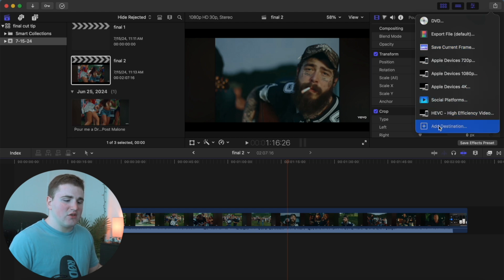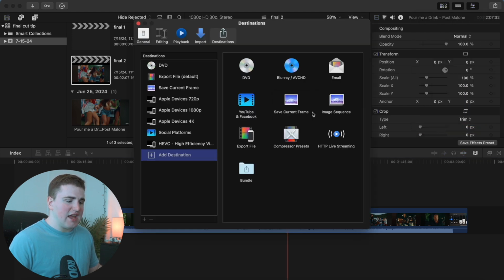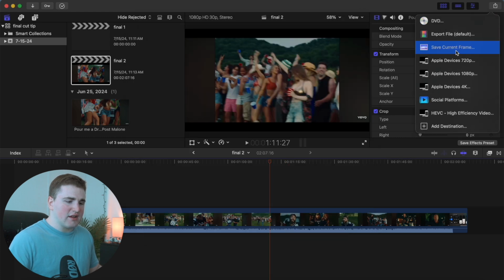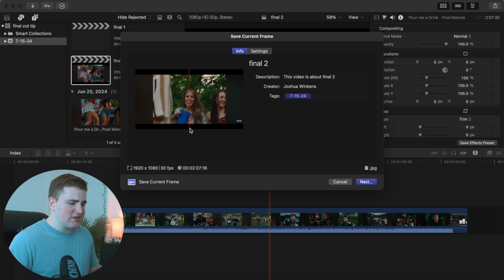Now if you don't have that, you should be able to go to add destinations and then literally drag save current frame into your destination right here. So click it and then just drag it right here, and then you exit out and it should automatically save. But if we go over here, click on it, save current frame, as you can see, now we're